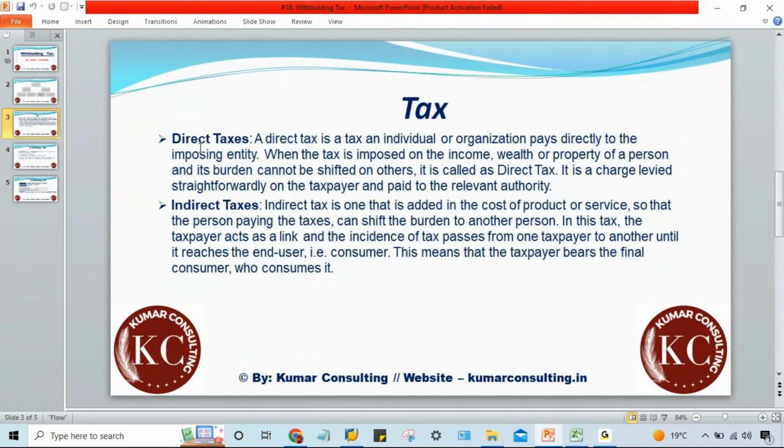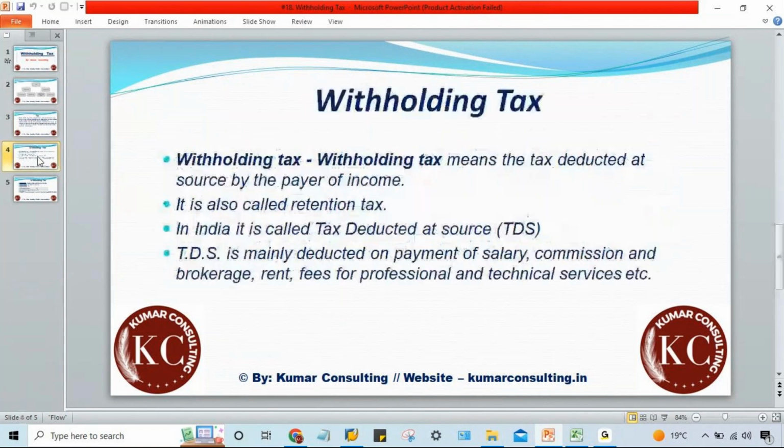Now if you talk about direct taxes, they cannot be shifted. Income tax or whatever taxes there are, I said it is paid by you. Where are you going to shift it? Nothing is there. There are certain things by which we can get certain exemptions, that's it, but it cannot be shifted onto others. Okay.